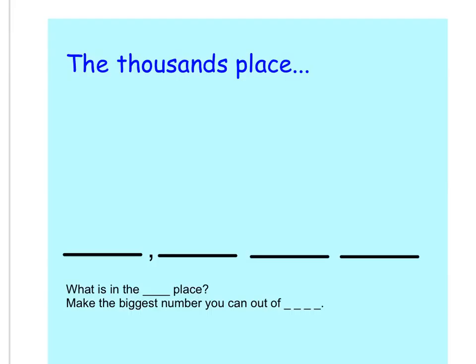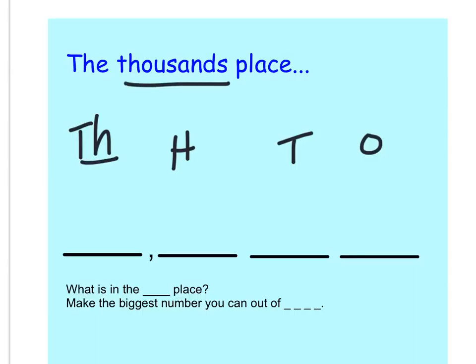What would happen if I now had 4 places instead of 3? Remember, I've got the ones, the tens, the hundreds, and now the thousands place. What if I asked you to write a number that had a 1 in the thousands place, a 7 in the hundreds place, a 1 in the tens place, and a 0 in the ones place? Write that on your slate. You should have 1, comma,